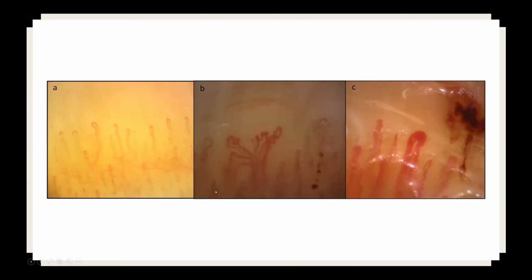And so nailfold capillaroscopy can be a really useful bedside physical exam tool to look at this and get some more concrete information about that. On the far left is a patient with primary Raynaud's phenomenon. You can see maybe a tiny bit of dropout, but you don't see anything majorly abnormal. There's a nice clean line of the capillaries. There's nothing particularly dilated or anything major going on here.